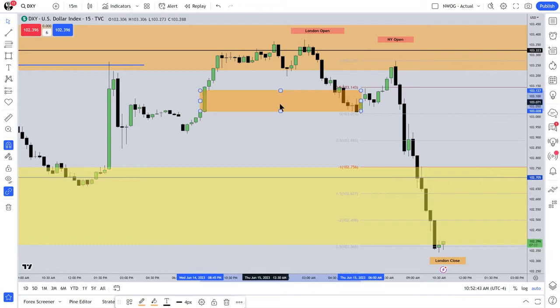So entry at New York Open at a time between 7 o'clock and 9 o'clock at a price that's been determined and told to you on the 13th of June. What level? The low of the inefficiency and the middle or consequent encroachment of the inefficiency. Time, London Open, New York Open. Price, consequent encroachment of the gap, low of the gap. All other factors being there, the market starts, breaks.